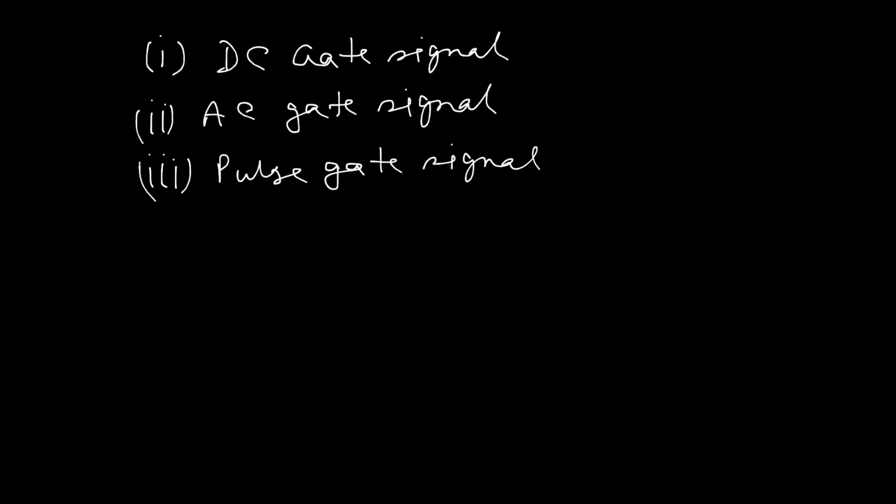So what is a DC gate signal? We know DC has a constant magnitude. When the DC gate signal is given to the gate, the device starts working, becoming in on state. If we remove the gate signal from the gate, the device goes to off state. That is a drawback of using the DC gate signal. As well, if the DC gate signal is given across gate to cathode terminal, it produces more losses, and the dv/dt stress of the switch can increase, which can be overcome by using an AC gate signal.